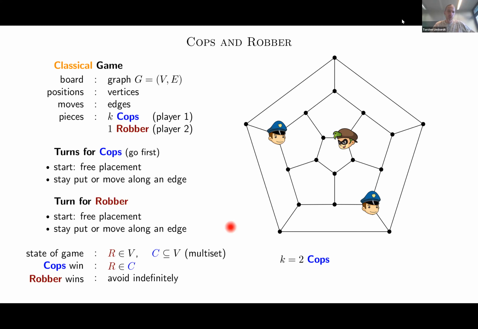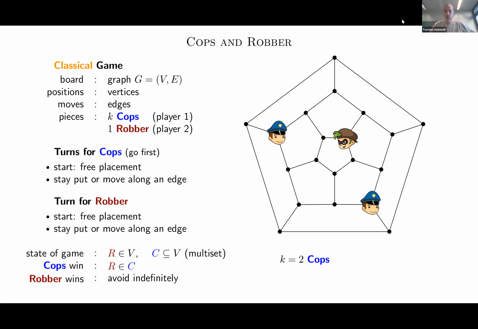What does it mean? At any point in time, we have a state of the game. R is the vertex that is currently occupied by the robber, and this might change. And C is the set of vertices that are currently occupied by cops, and this might also change if cops move. And strictly speaking, this is a multi-set because several cops are also allowed to be on the same vertex at